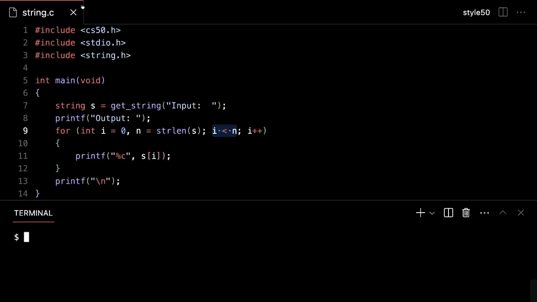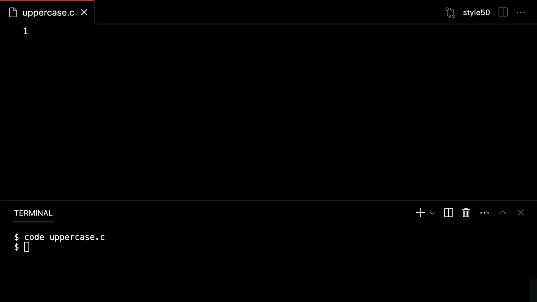Well, let's kind of play around further here. Let me propose that there are other libraries and header files as well that you might find useful. There's also something called ctype, which relates to types in C. That's got a bunch of useful functions that we can actually see if we visit the documentation here. But before we get there, let me actually whip up a program that maybe does something a little bit fun, albeit low level, like forcing some string to uppercase if the human types it in lowercase. So let me go ahead and write a program called uppercase.c. Let me give myself the same header files, include cs50.h, include stdio.h, and for now, let's include string.h for the length. And let's have int main(void) as before.